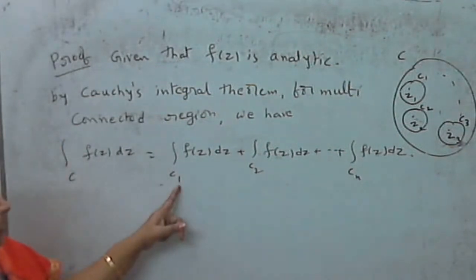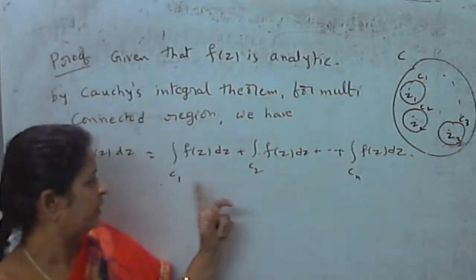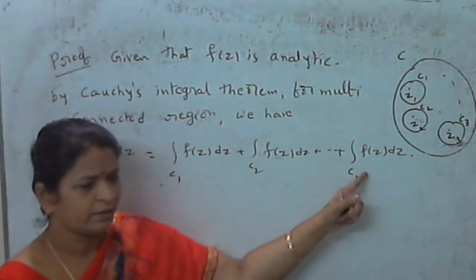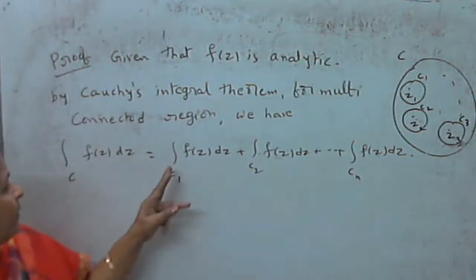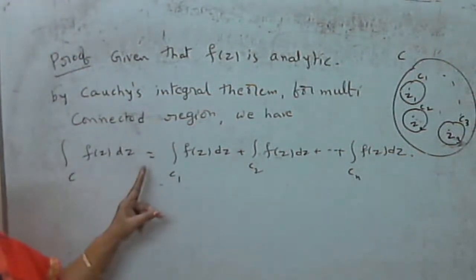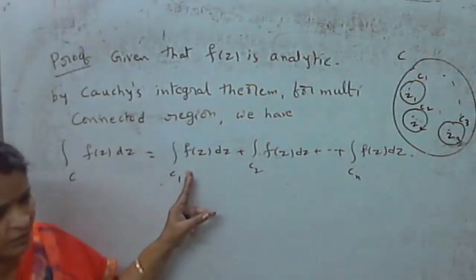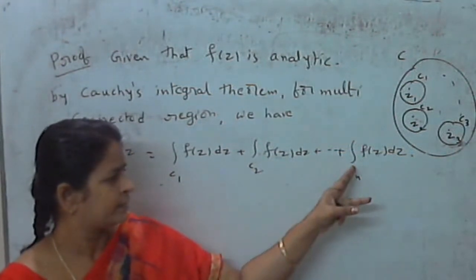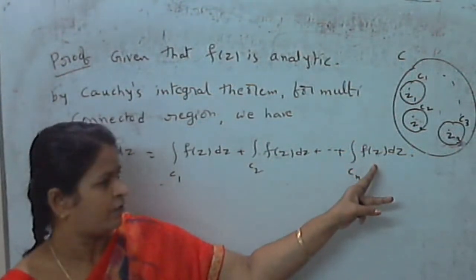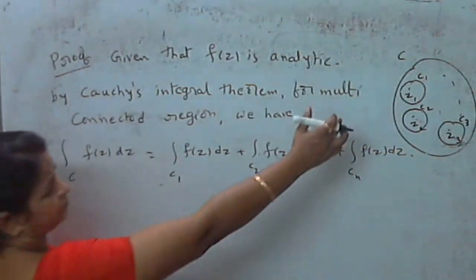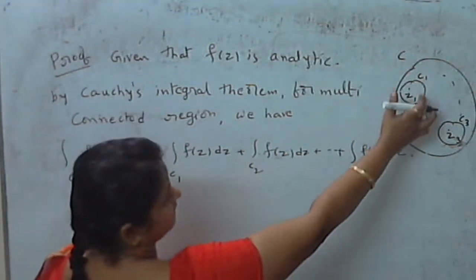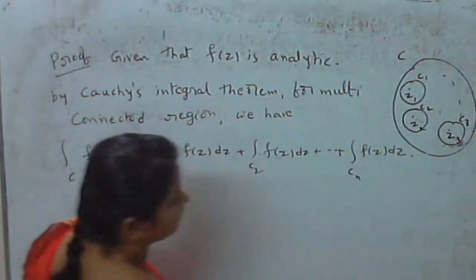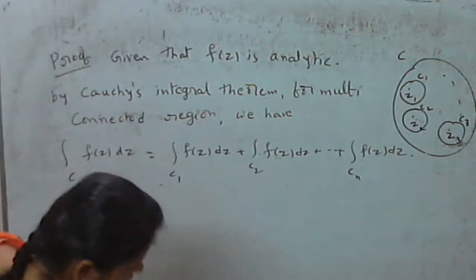So these are separate different regions. C1, C2, C3 and so on are different regions. So the integral over C of f(z) dz can be written as the integral over C1 of f(z) dz plus the integral over C2 of f(z) dz plus and so on plus the integral over Cn of f(z) dz. Now let us consider the circle C1. For that the center is z1. z1 is a pole. So by the definition of residue,